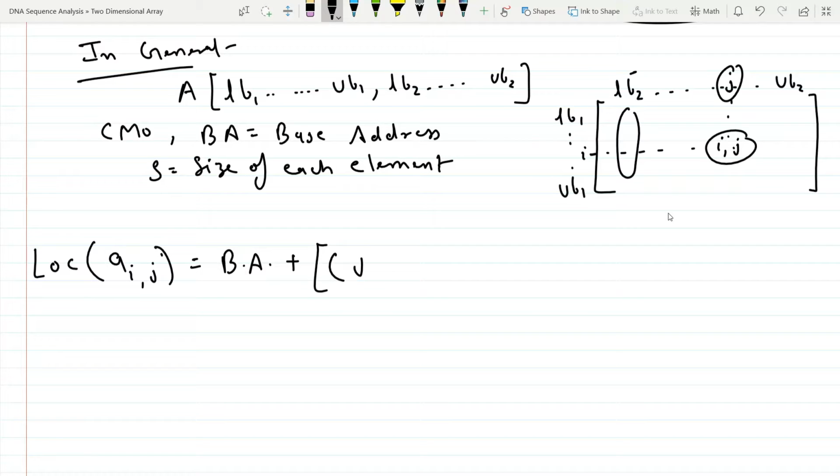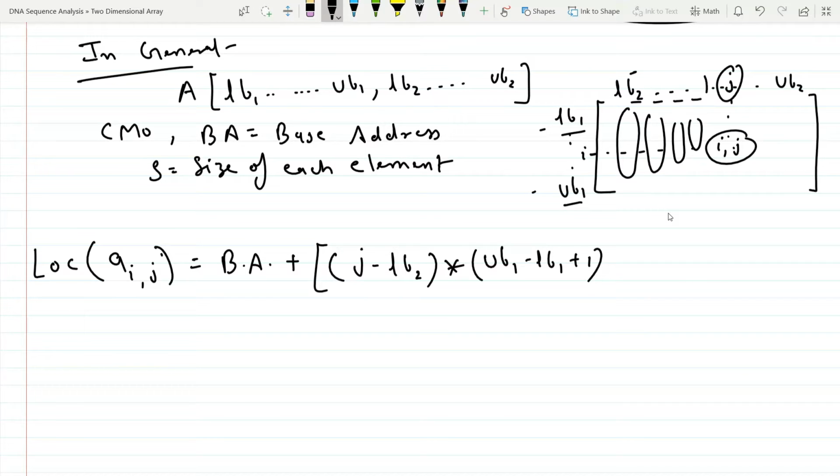So it is J minus LB2 multiplied with, so these many columns we just crossed, and how many elements are in each column? This will come from the row indexes. So it is ub1 minus lb1 plus 1. So these many elements we just crossed, we are at this starting point.